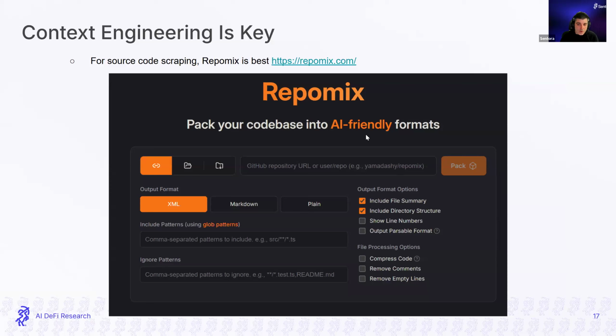So if we paste a GitHub URL here and we click go, what we will get locally is an XML file that is going to include all the files and source code of the GitHub repository that we're interested in. It's going to be super lean. It will not weigh a lot, usually less than 1 megabyte. So we can keep the context of our chat super lean and be able to provide even more documents. For anyone interacting with source code, this is probably one of the most useful tools out there.